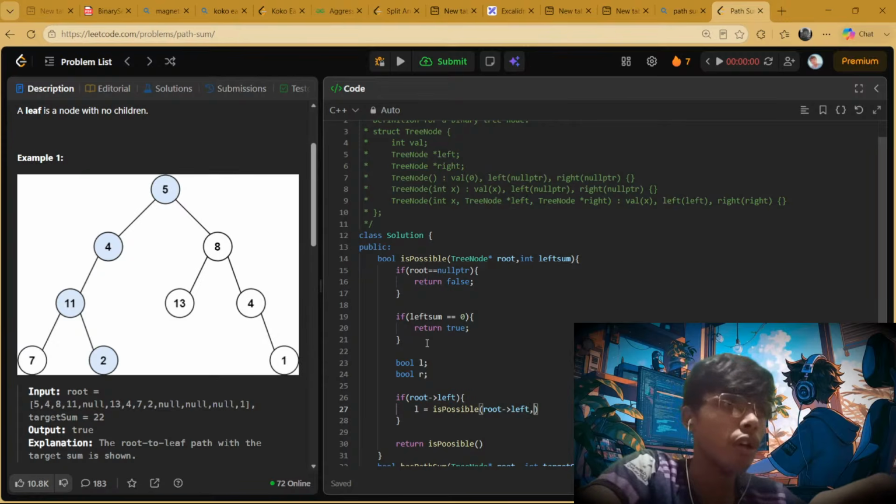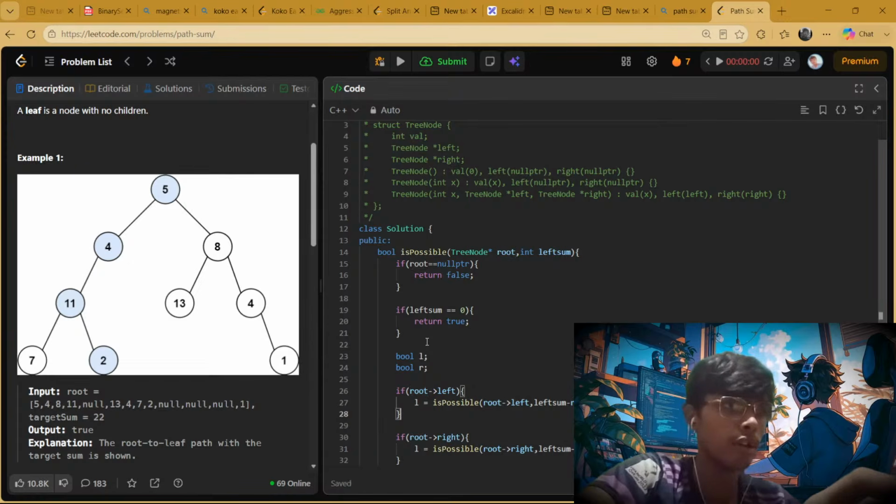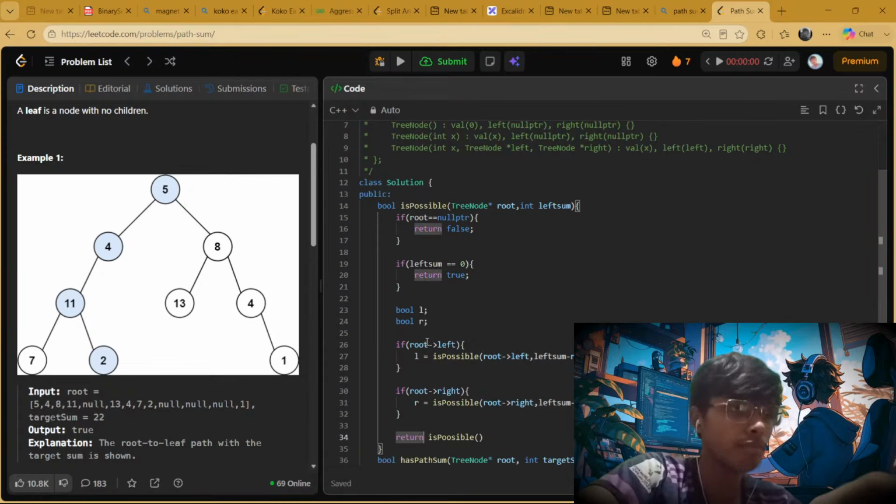हाँ, और जो मेरा लेफ्ट सम है उसमें से मैं रूट माइनस कर दूंगा। रूट की जो भी वैल्यू आ रही है, ये मेरे को बता देगा। और सिमिलरली मैं इसके राइट के लिए भी करूंगा। अगर राइट एग्जिस्ट करता है तो इसके राइट में चले जाना, और लेफ्ट सम में से रूट की वैल्यू माइनस करके चेक करना। दोनों में से एक साइड तो फॉल्स आ ही सकता है, तो बेसिकली एक साइड भी ट्रू आ गया मतलब ट्रू।